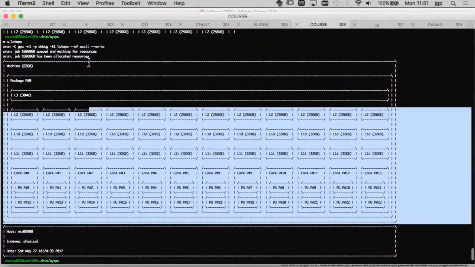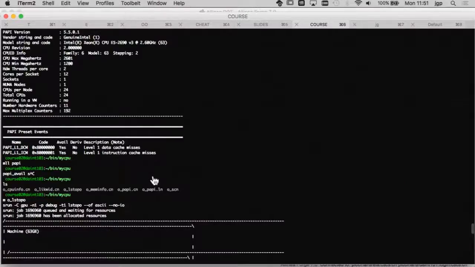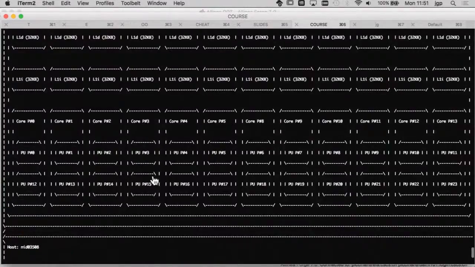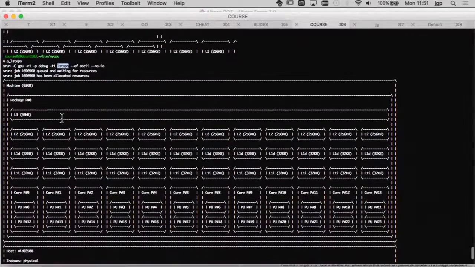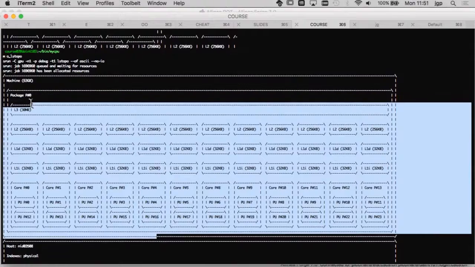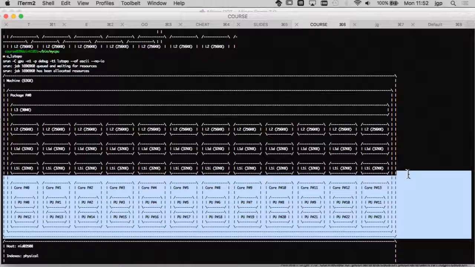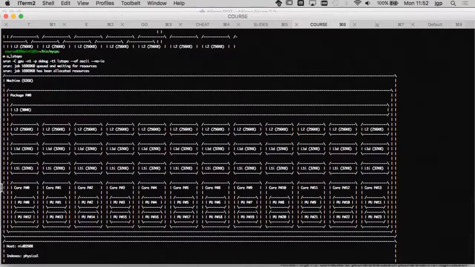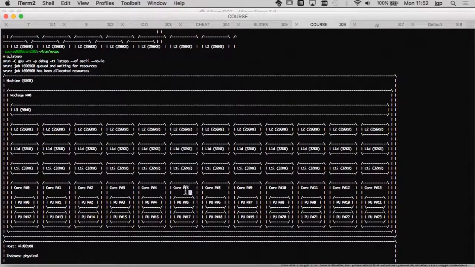And if you run lstopo like this, I know it's a bit small, you will get that view of the CPU, which is actually very nice, especially if you want to use affinity or CPU binding, because here you see that you have 12 cores, which are numbered in a weird way.